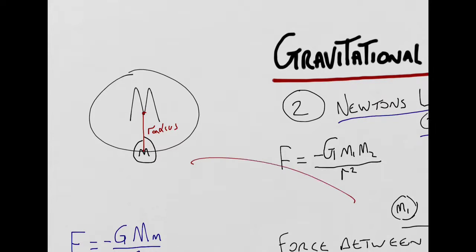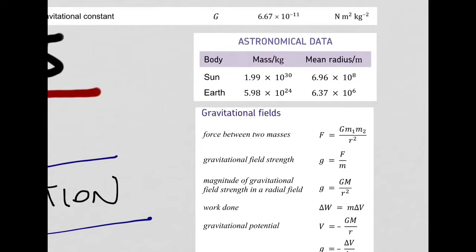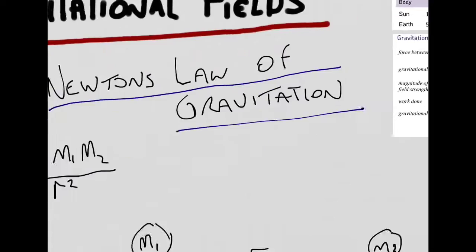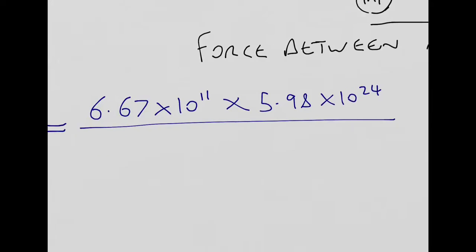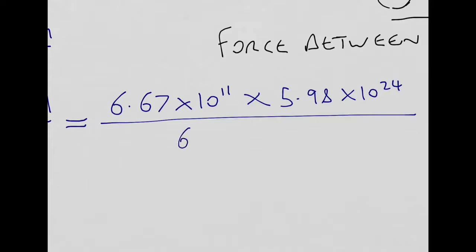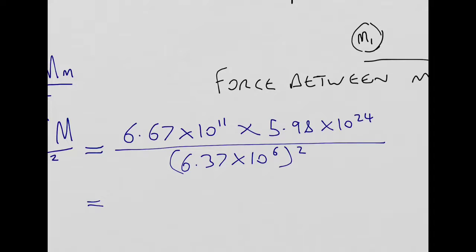And the radius of the Earth we're given as well. Here it is, 6.37 times 10 to the 6. So we can put that in down here, 6.37 times 10 to the 6, and of course it's r squared, so that's that. Now throw them numbers in your calculator, but with that as a minus, because that should be times 10 to the minus 11. We'll throw the numbers in the calculator and we get